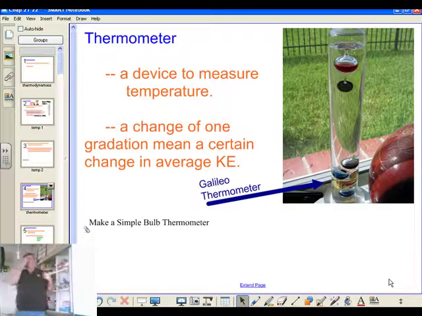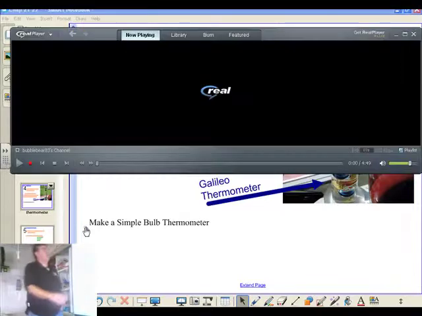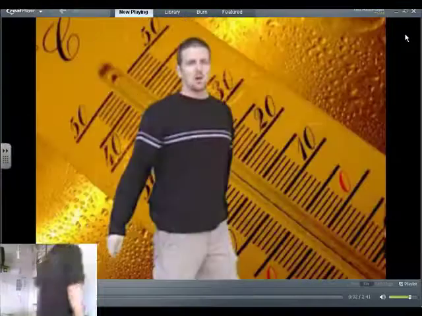And it progressed along. But there's one thing about all thermometers. They all measure a certain amount of change of kinetic energy. When you see that thermometer move a little mark, it represents a certain change of kinetic energy in that substance. Has the kinetic energy gone up, or has the kinetic energy gone down? That's the thing to always remember. But different scales, obviously, that's going to be a different amount. But how could you make a simple thermometer? The difference between hot and cold are one of the first